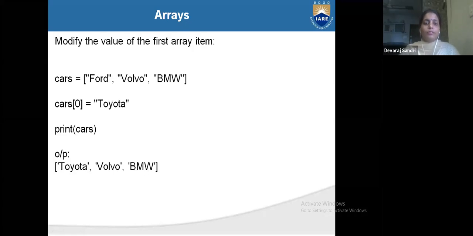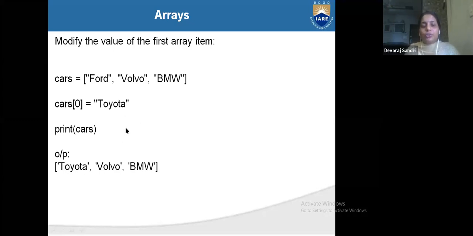Now, modify the value of an array item. You can modify the array items. What is cars of 0? Ford means here cars of 0. If you want to change this Ford to Toyota, no worry. You have to write cars of 0 equals Toyota, and directly in place of Ford you will get Toyota.